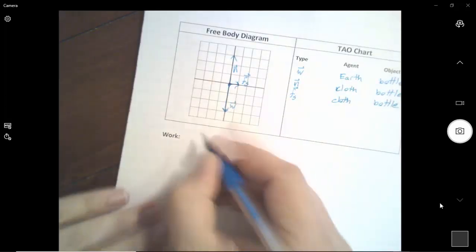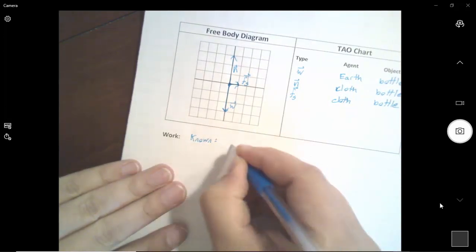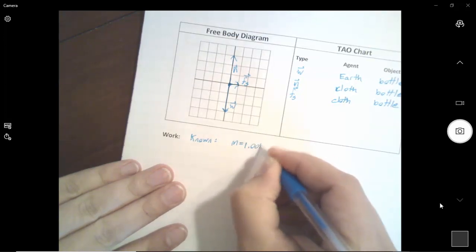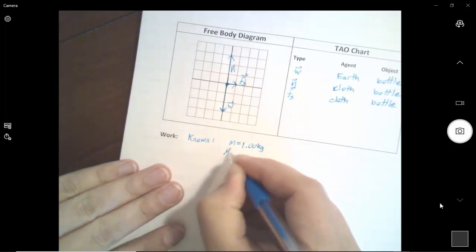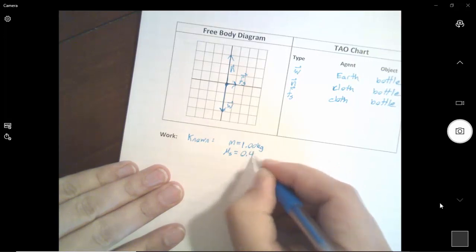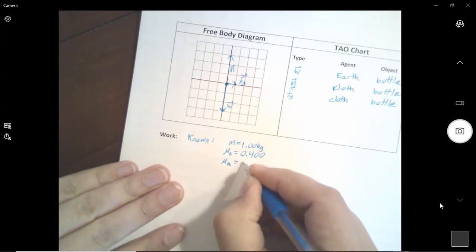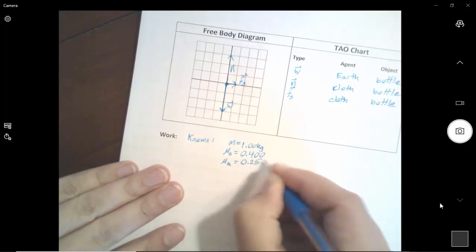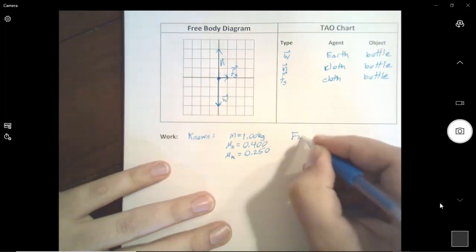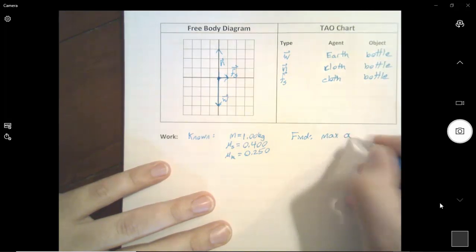Now, we also want to write down our known values. So we are given that the mass of the bottle is equal to 1 kilogram. The coefficient of static friction is equal to 0.400. It has no units. Coefficient of kinetic friction, 0.250. Okay, and what we want to find is the maximum acceleration possible